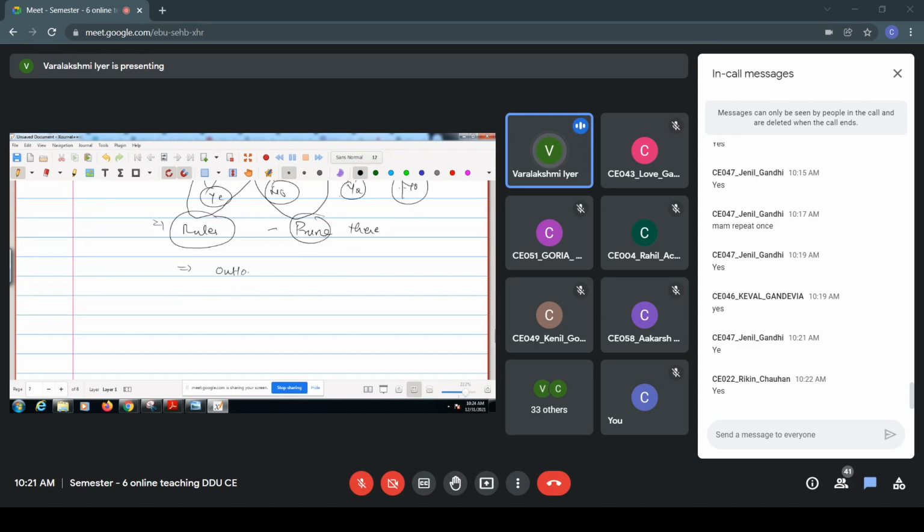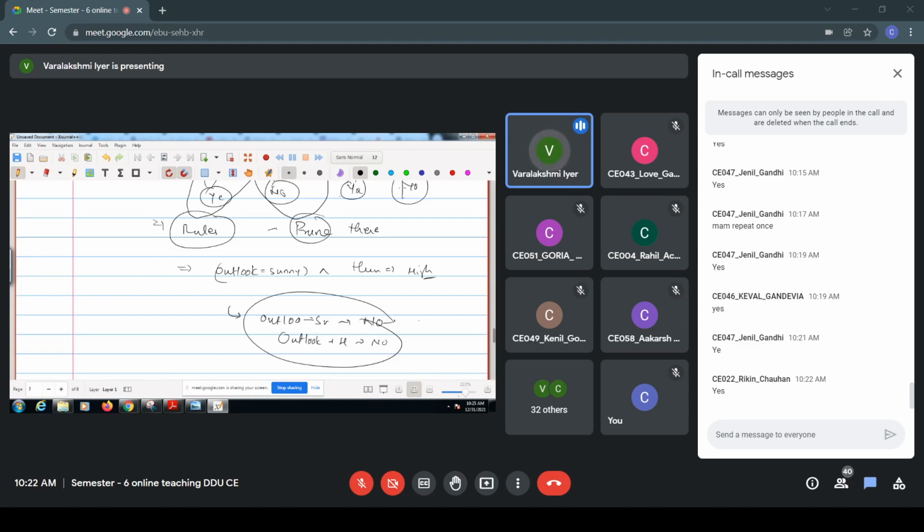For example, outlook is equal to sunny and humidity is equal to high. Okay, this is one of the rules that we have, and this is a precondition that we have. So we'll prune this particular rule. That is, we'll create two rules out of this: outlook is equal to sunny and classify into no, and humidity is equal to high and classify into no.